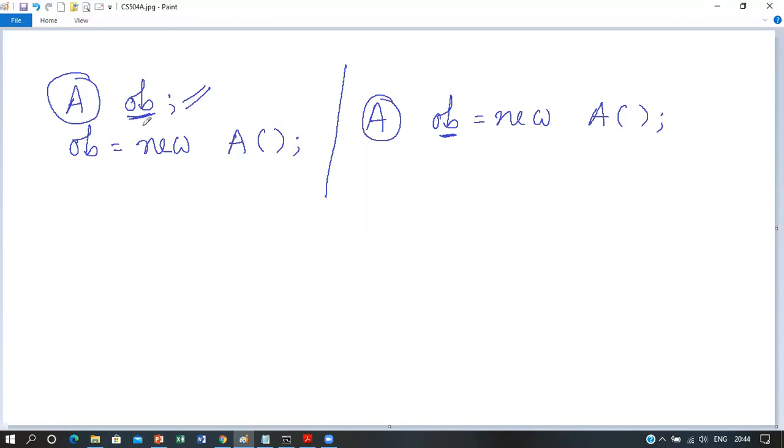And in the next statement, the object is being physically created in memory, and making it equal to ob means ob will now point to that object created in memory. So this first statement is the reference variable declaration statement. This ob is the reference variable of this A class, and this ob can only hold objects of this A class. So now let's go back to the program.